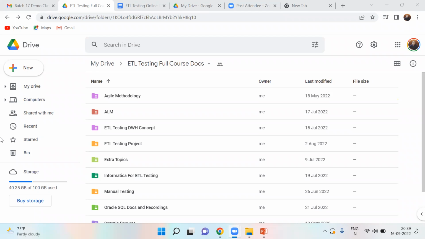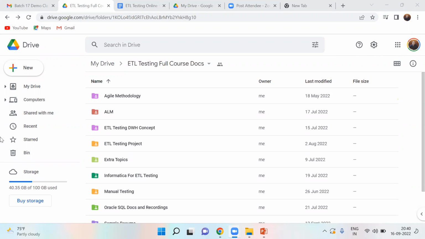I'm Mahesh. Actually, in ETL testing, we want to write test cases. Whatever tester you are, whether ETL tester, manual tester, or automation tester, you have to write the test case in Excel first, and then upload it into ALM or any other test management tool. Based on the mapping document, you will be creating your test case.